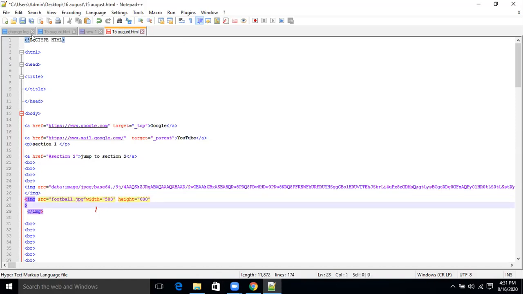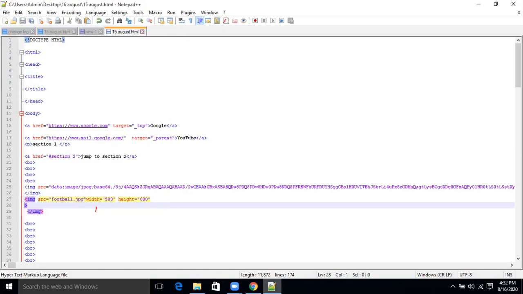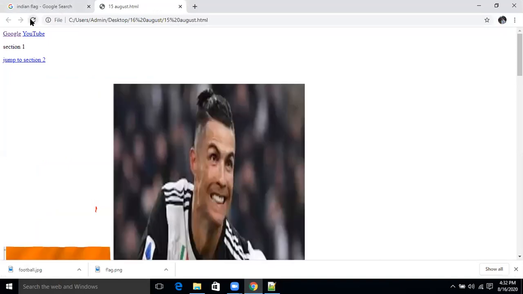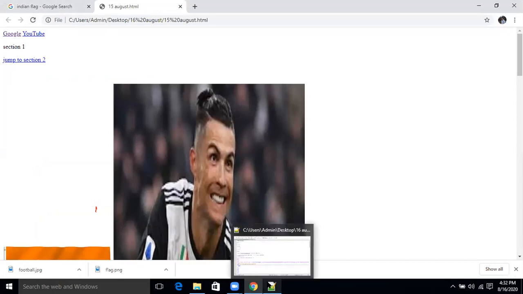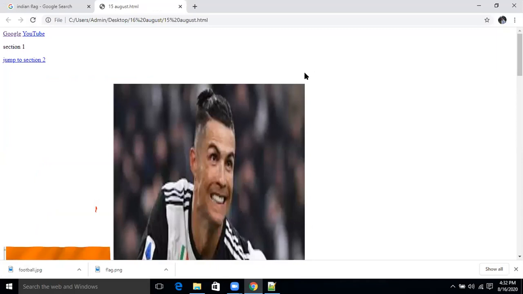Okay, now save it and show me. All right. So you guys should now try to change this height and width, make it 100, 20 or 20, 30 and see how you are able to see the different sizes.